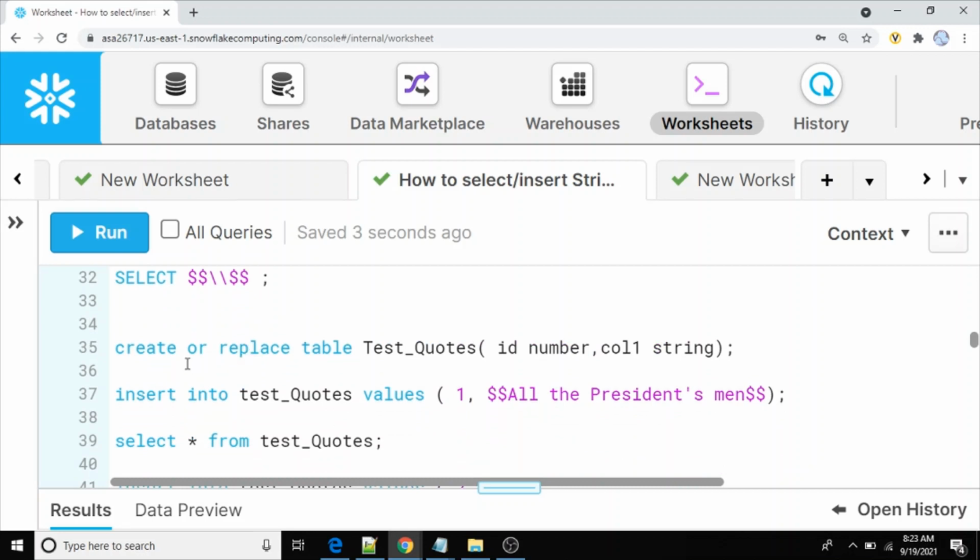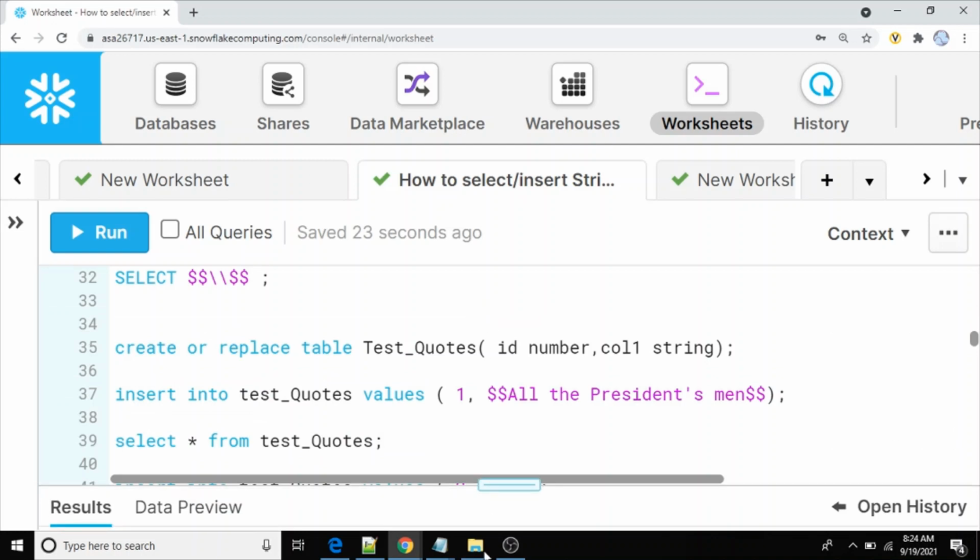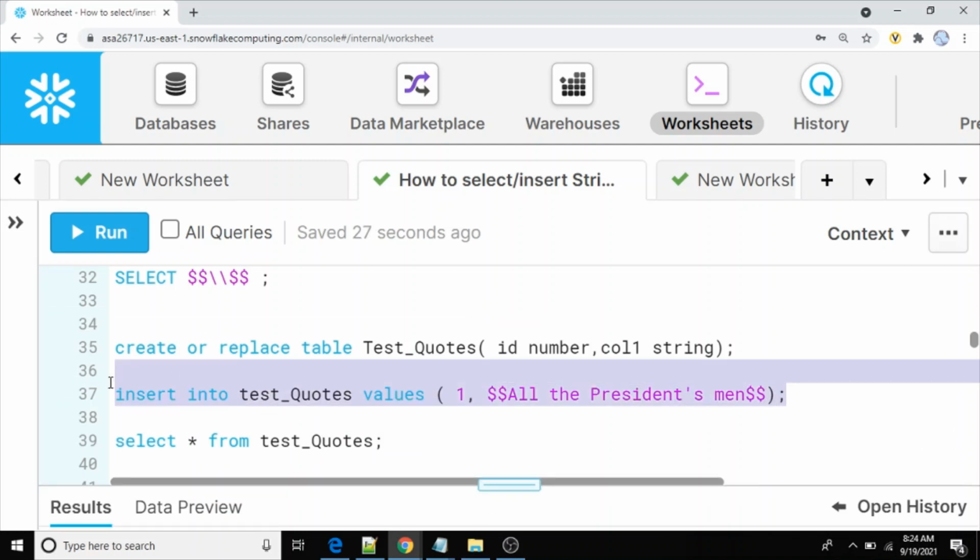For that matter, what I am going to do, let me create one table, test_codes, with two columns. One is the ID, another one is column 1. So in column 1 I am going to insert the string. So same insert into, let me try to insert the